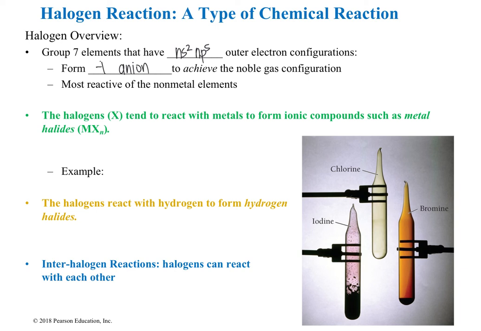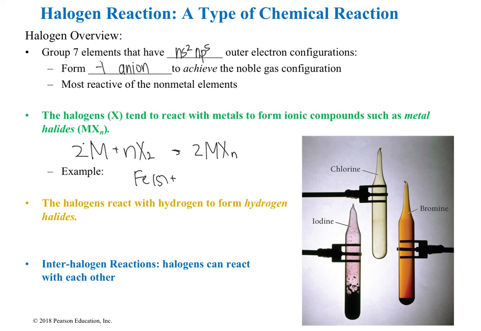Like we saw earlier, they can react with technically any metal, not just alkali metals, to form metal halides. So that's how that happens: I get a metal plus a halogen produces some metal halide, and that could be a variety of charges. We'll call those n. So in order to get this reaction to balance, we'll need 2 metals and then n amount of halogens. So an example of this is iron